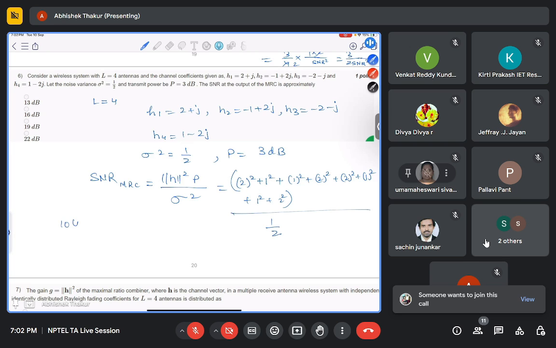So 10 log 10 P is equal to 3 dB, so P is equal to 10 to the power of 0.3. So this value is 2 into 2. So this will become 4 into